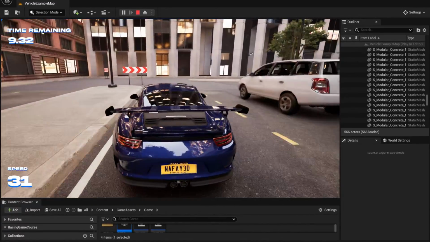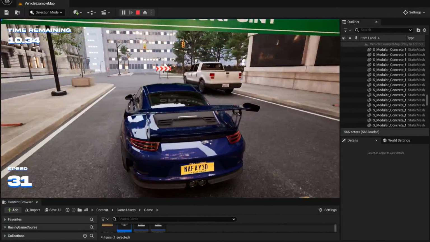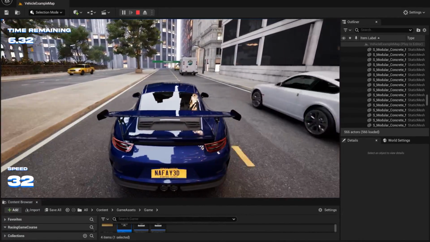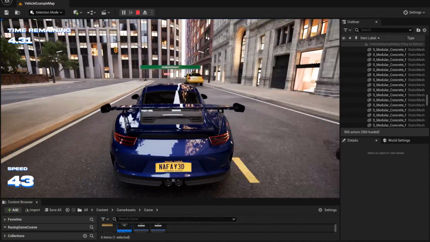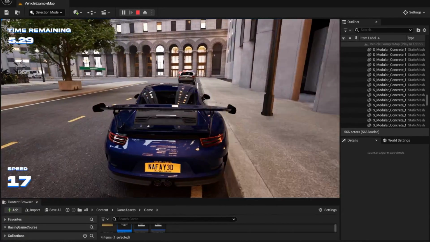If you have ever wanted to create your very own car game inside of Unreal Engine 5, then this course is going to be perfect for you. Because in this course, we're going to be creating a car game in Unreal Engine 5 from scratch. We're going to be importing the model of the car, rigging it, making the car drivable, and after that, adding textures to the car and making it look